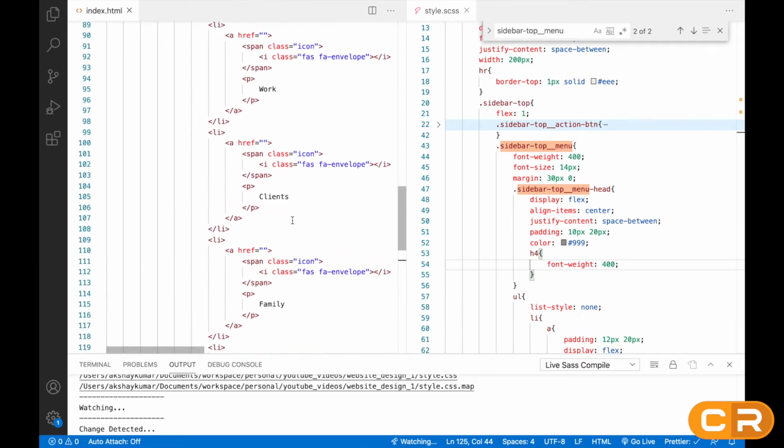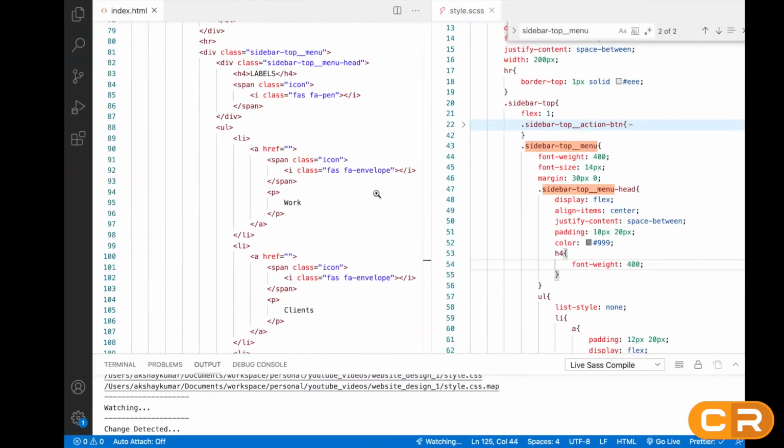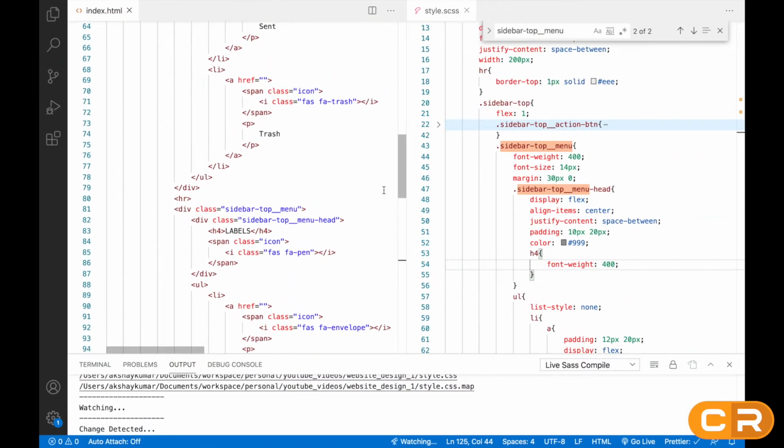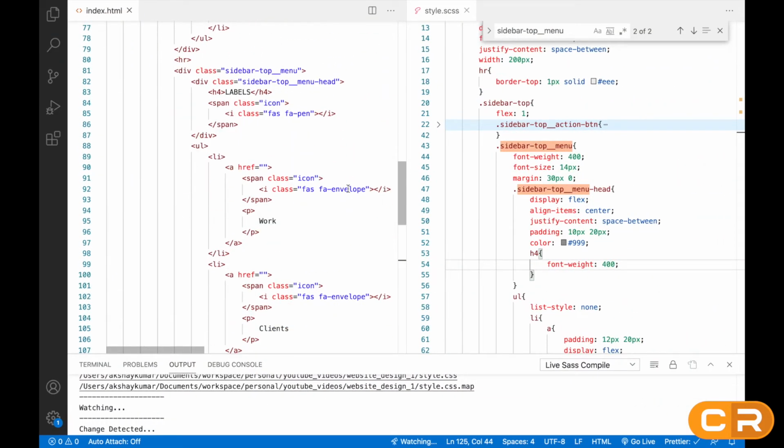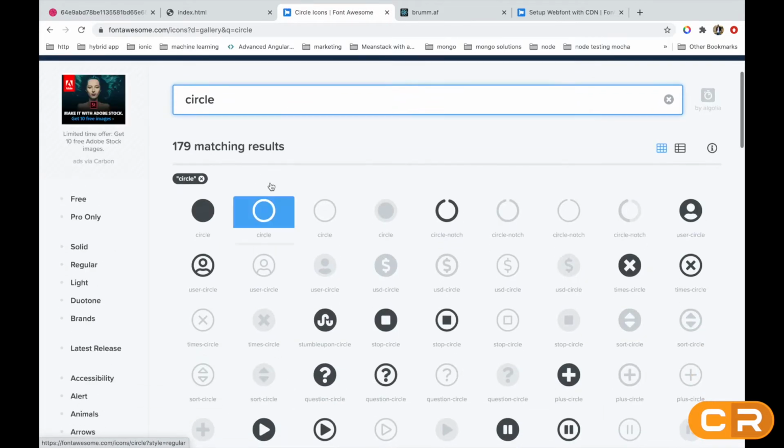Here you can see these are circles with different colors. So we can write FAR, then FA-circle. You can find these icons here. If you search for circle, see this circle.